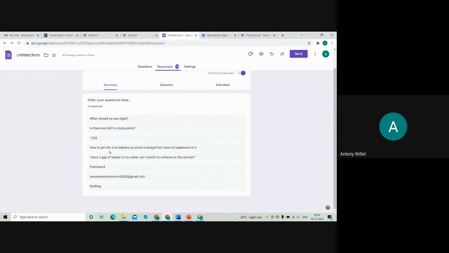How to get into the software industry as a Scrum manager, as I have no experience in it? Okay, if you are a fresher and the company you want to join is using Scrum for the majority of its projects, you will be a Scrum team developer in the beginning. Whereas if whoever has asked this question already has 5 to 10 years of experience,